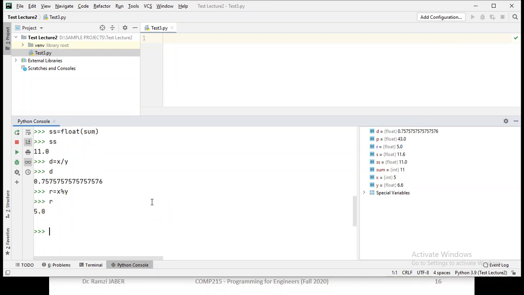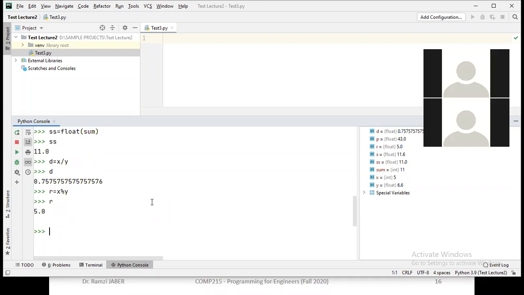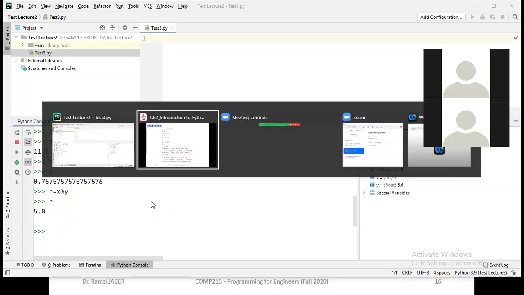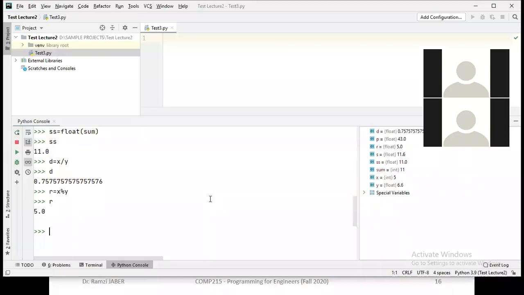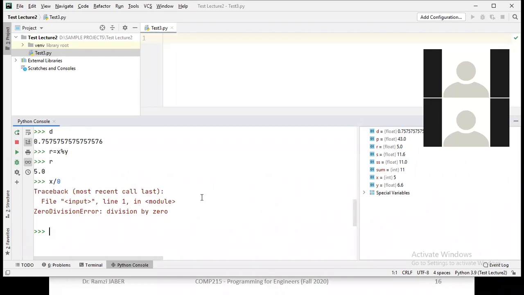So r is 5. The remainder is 5, and so on. If I write something impossible like this, if I want to divide by 0, you cannot divide by 0. x divided by 0 is an error, division by 0. Also, if I want t plus